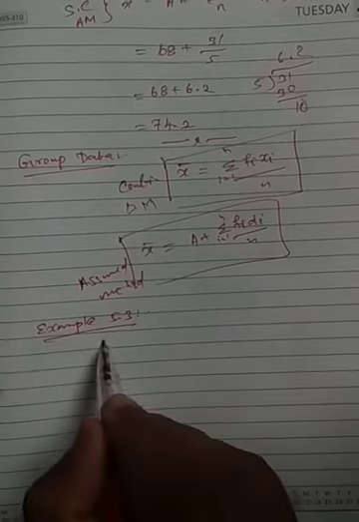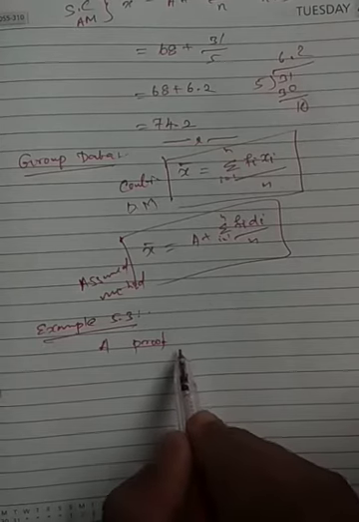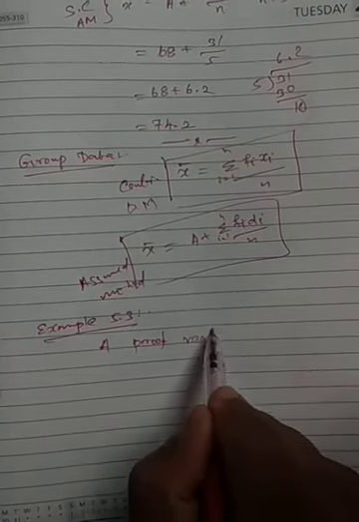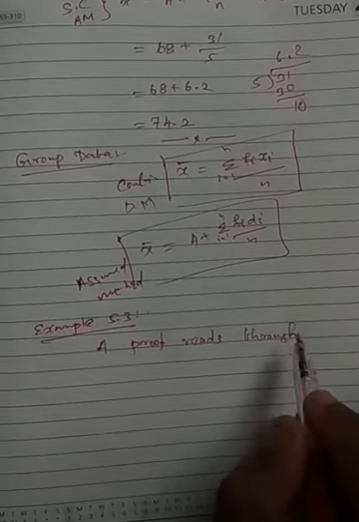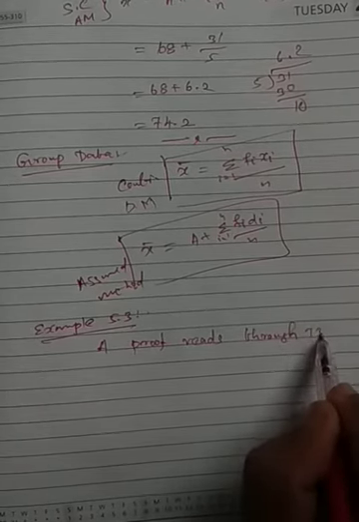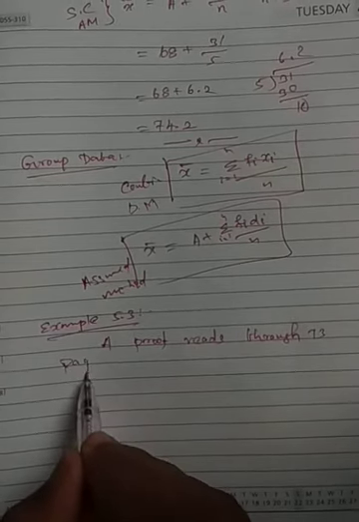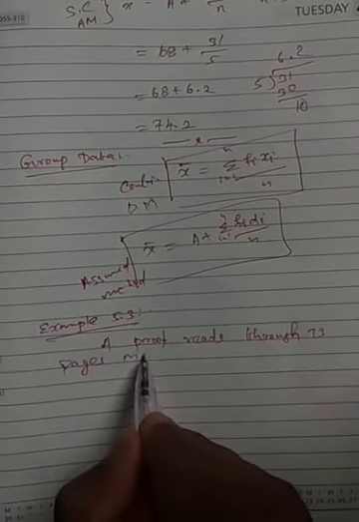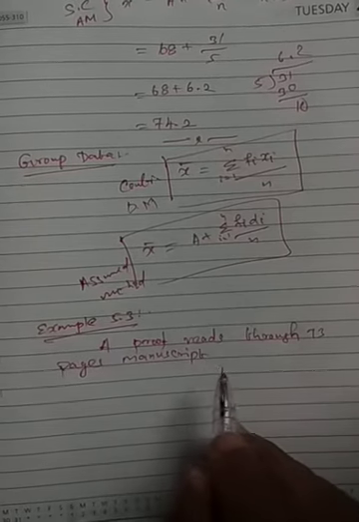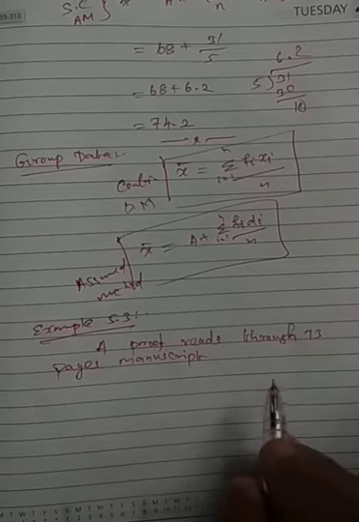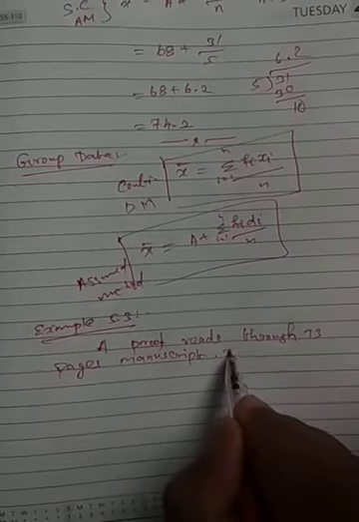A proofreader proofreads through 73 pages of manuscript, meaning notes which you have written, right? So that manuscript, the number of mistakes